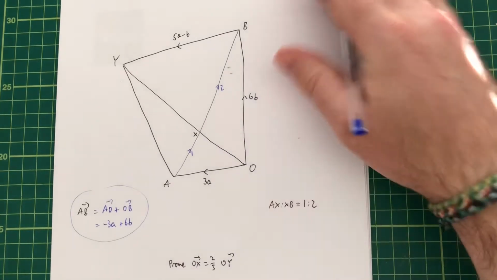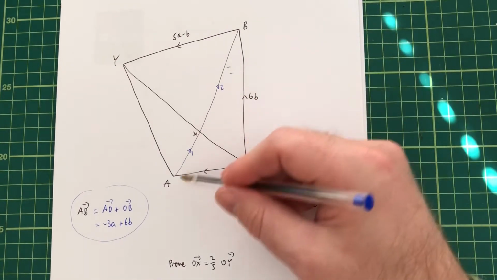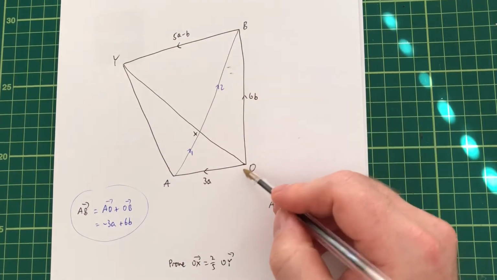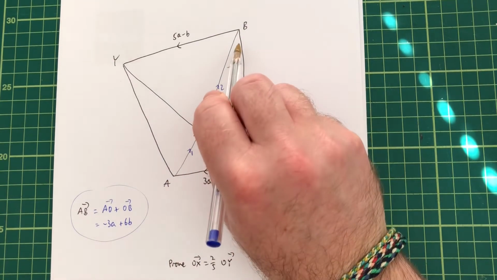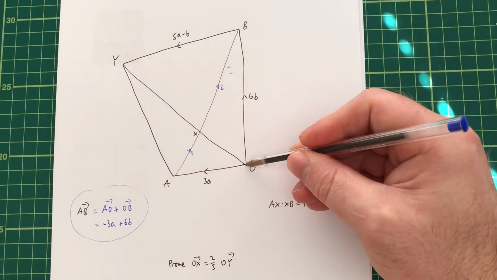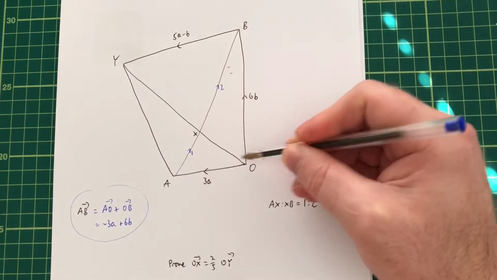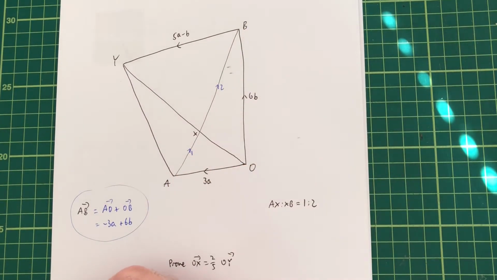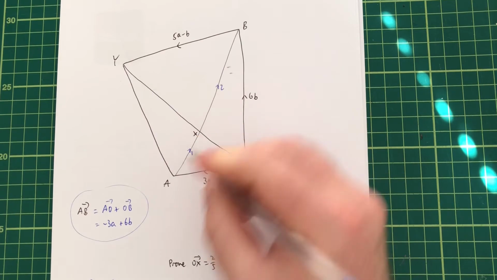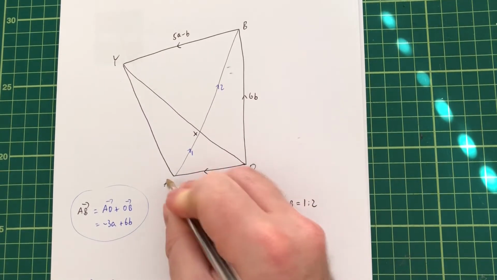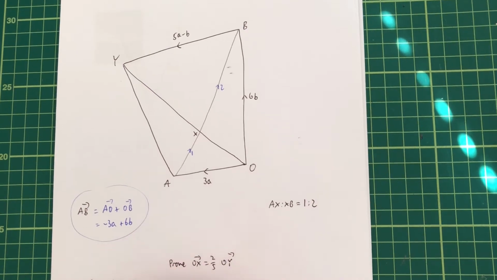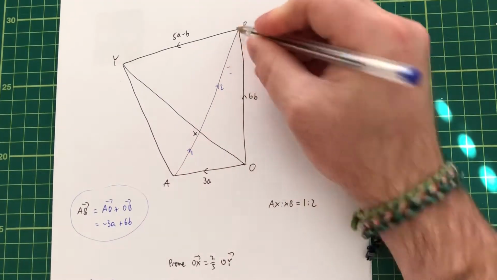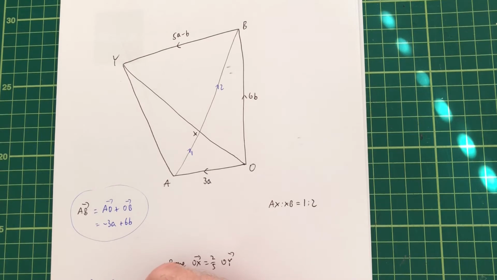Now, O to X, we're going to have to deal with this ratio. So again, I'm going to look at the way that I'm going, which is this way here. So I'm going to say, I could travel this way, but actually I want to be traveling up this road. So I'm going to say O to X is O to A plus A to X up here. So that's the route I've gone. So this is O to A is 3A plus 1/3 of,